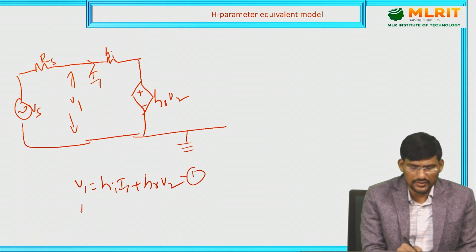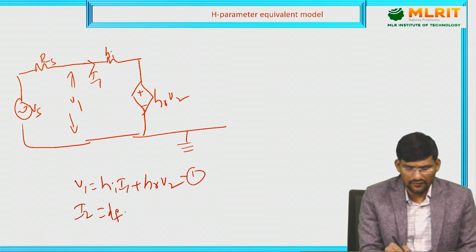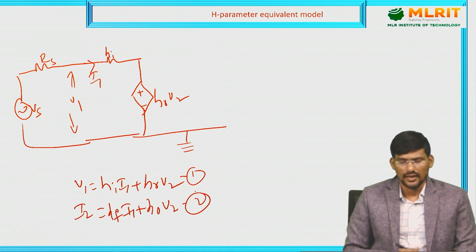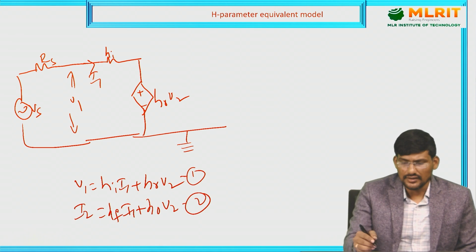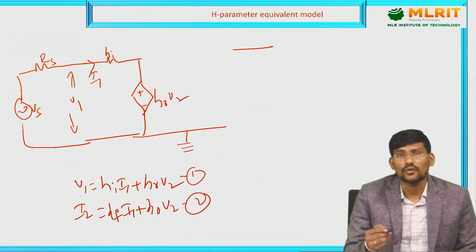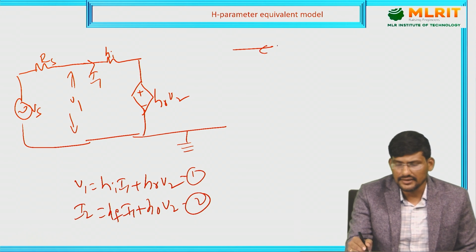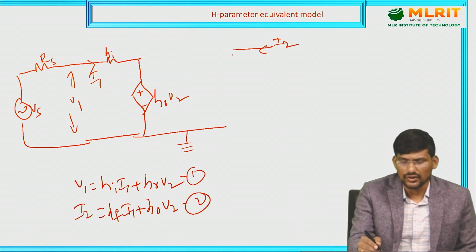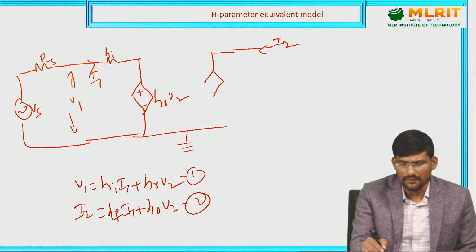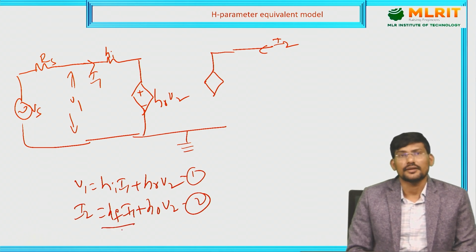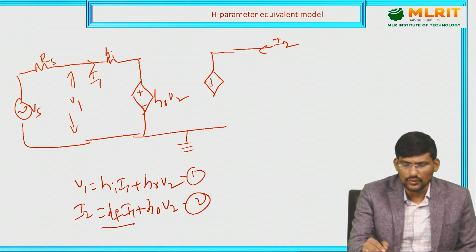What is the output equation? I2 is equal to HF I1 plus H0 V2. This is the output side equation. This is a KCL equation. The algebraic sum of currents entering the node is equal to the algebraic sum of currents leaving the node. The entering current is I2 and the leaving currents are two. We have a dependent source HF I1. This is the equation. It is depending on the input current and it is a dependent source,